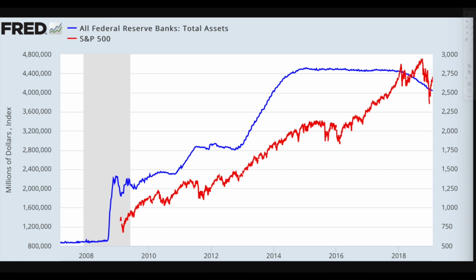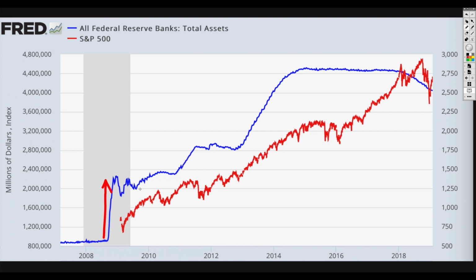So here we are, the S&P 500 is the red line and the blue line is the Federal Reserve balance sheet. And I think it's important to look over these before we move on to the other central banks. Now, you can see what has happened here, that quantitative easing number one injected more money in an instant than was ever created in all history before it. That's the level of injection that they created in order to stimulate these markets. Of course, we know the reason why they did this, but that's a topic for a different day.